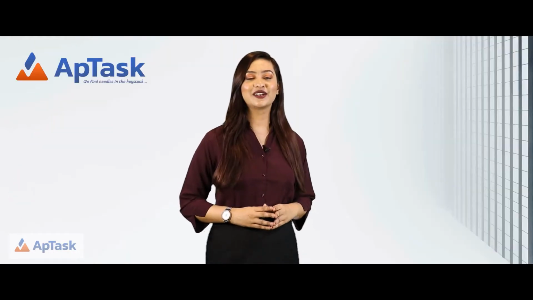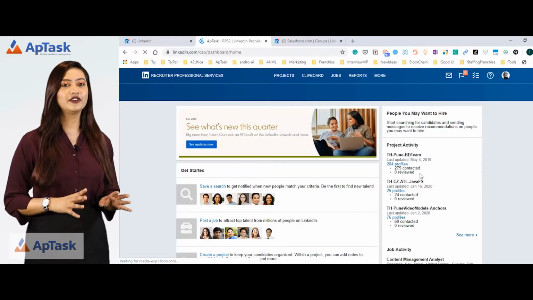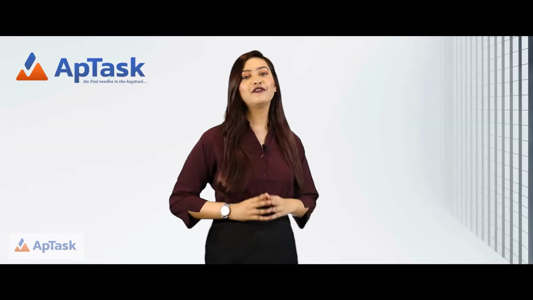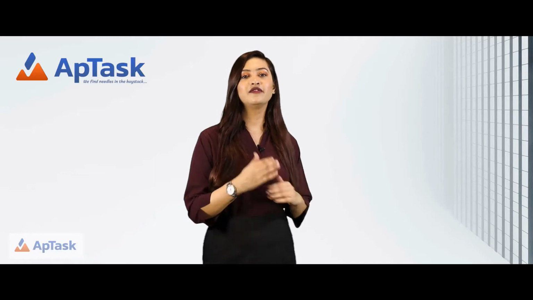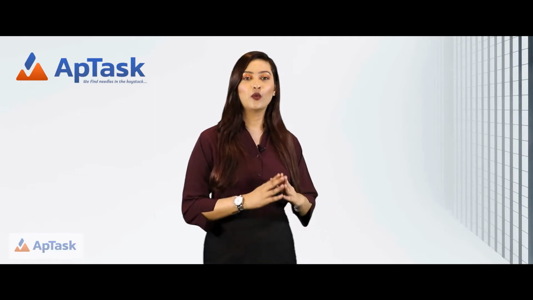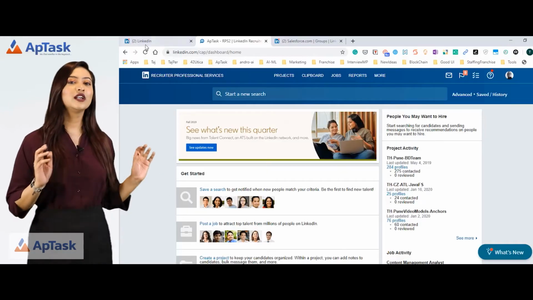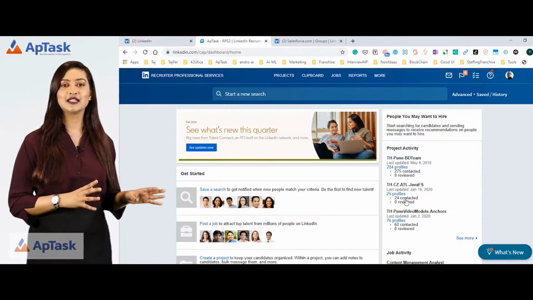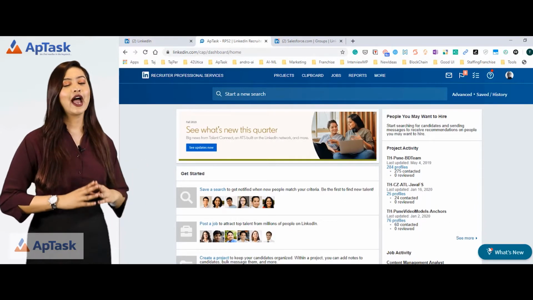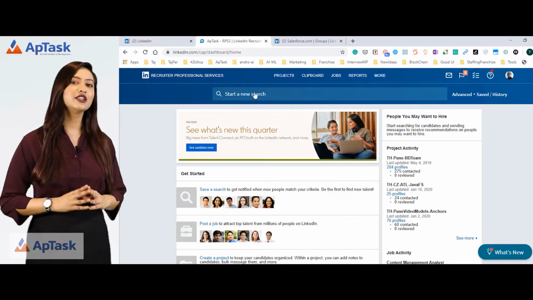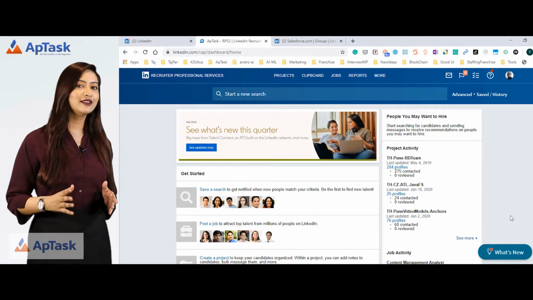And you're into the LinkedIn Recruiter account now. This looks and feels a little bit different than the regular LinkedIn. If you go back to the regular LinkedIn, this is more like Facebook, where it has feeds and all that information, while LinkedIn Recruiter is pure business. It's all about what current projects you work on, and on the right side, what searches you did, what jobs you posted, and all that information. Even the top menu looks a little different, but do not get intimidated by the change.